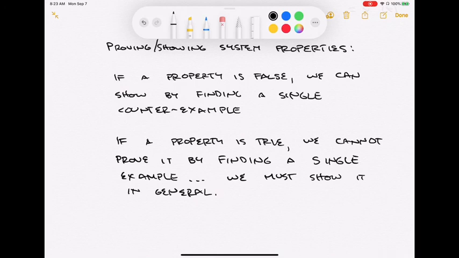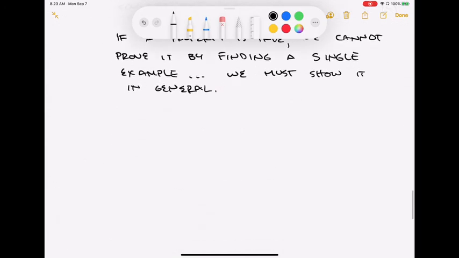If you suspect something is false, finding a counterexample, which is oftentimes the simplest thing to do, might be the most expedient way to show that something is false, right? You find a simple counterexample and then you're done. However, if you have this idea that something is true, you do have to demonstrate that it is true for all possible cases. So let's look at a couple examples of systems and think about them in the context of